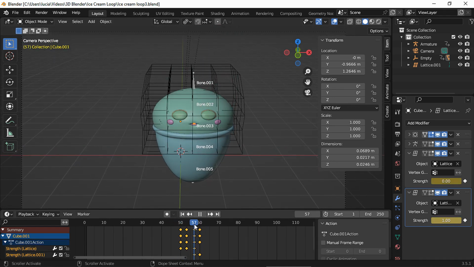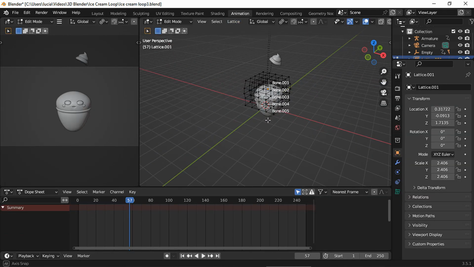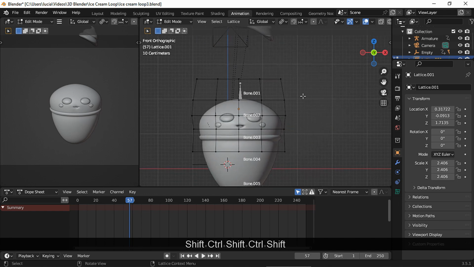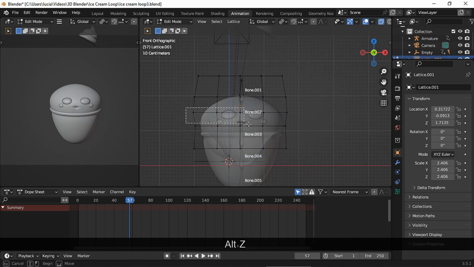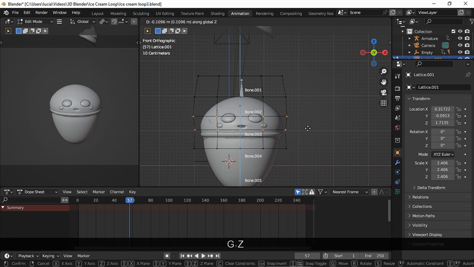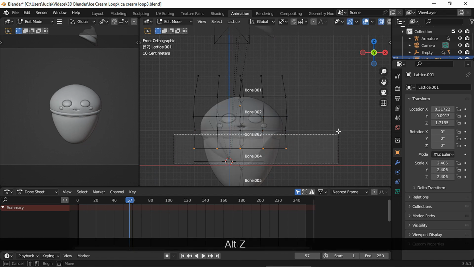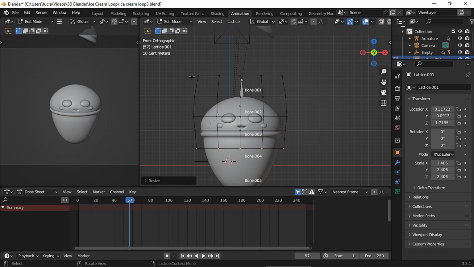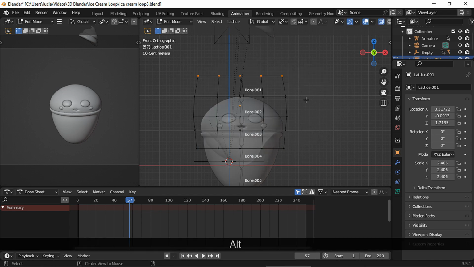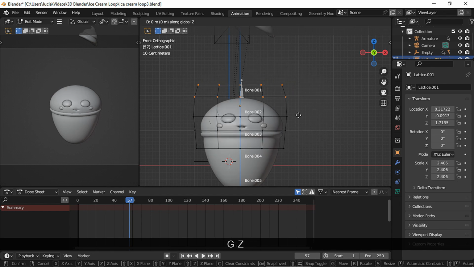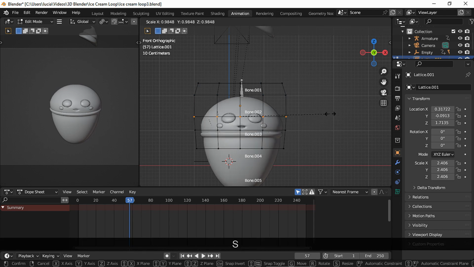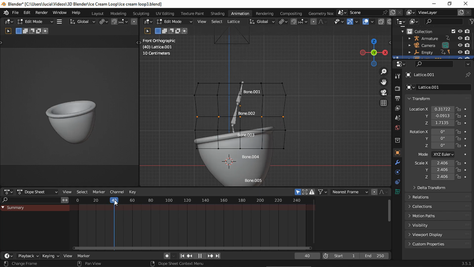Okay, I am not 100% happy with the squash animation, so I'm gonna go into the animation workspace since we have both camera view and the viewport. And I'm just gonna move some vertices until I am happy with the shape. Make sure the mesh doesn't get through the cone. Let's move these vertices down. And now move this up a bit. And scale this one down. And let's see.